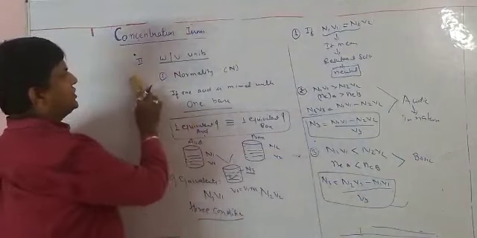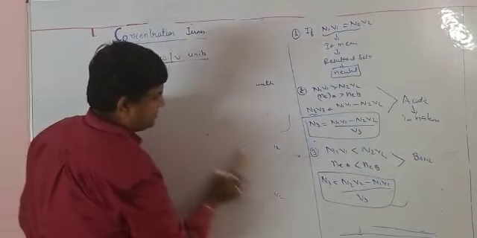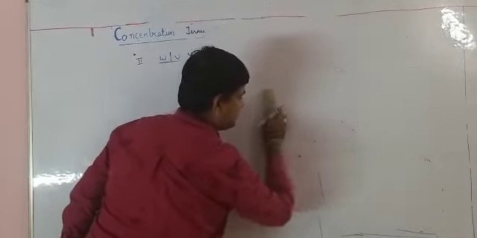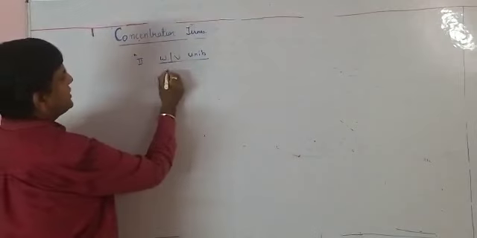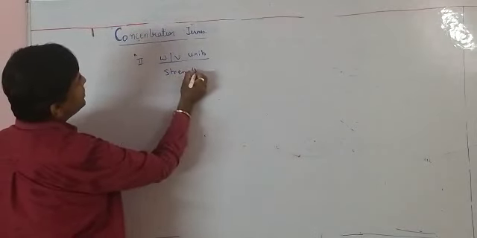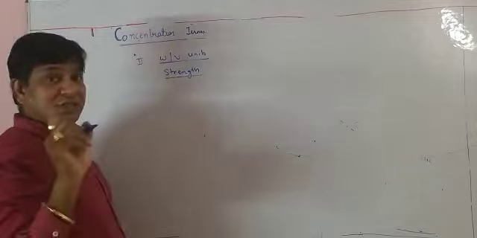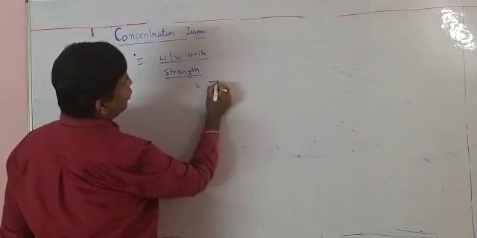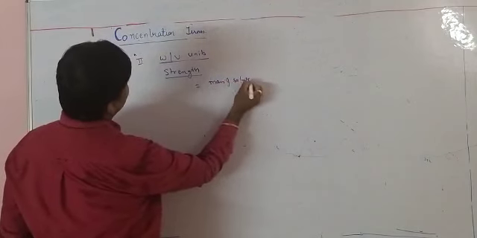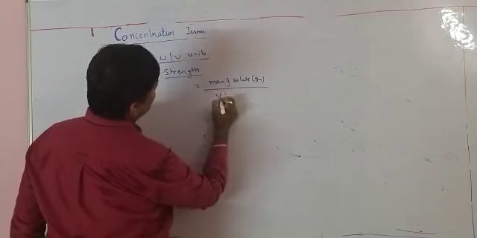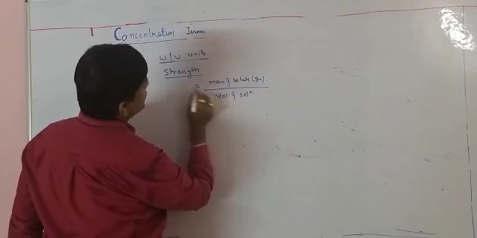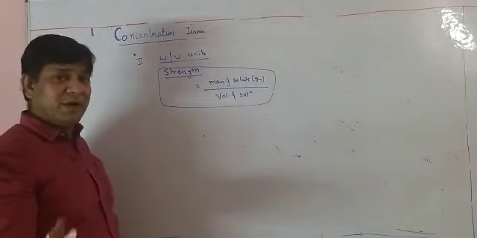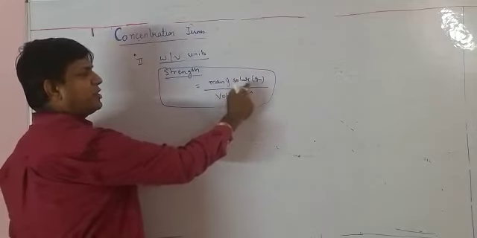Now the next unit is strength. It's the easiest unit and it will be used in the titration, the 12th class practical. Nothing, it's a very simple formula. Mass of solute in gram upon volume of solution. This is the formula of the strength. See, no molecular mass, no equivalent mass, only mass of the solute in grams upon volume of the solution.